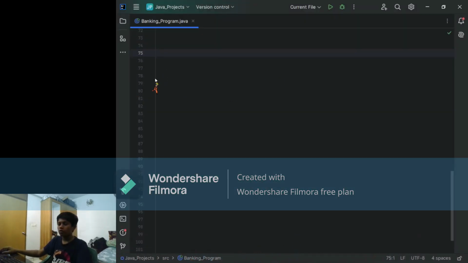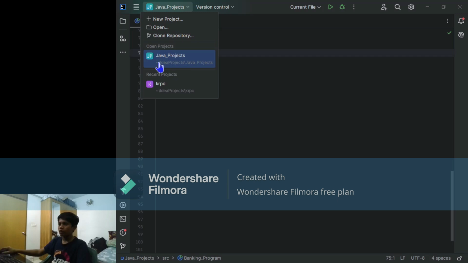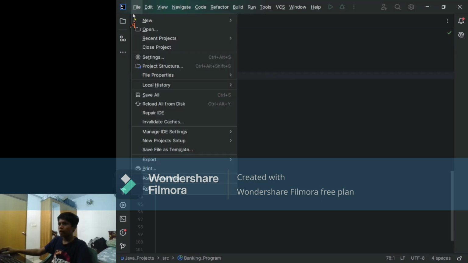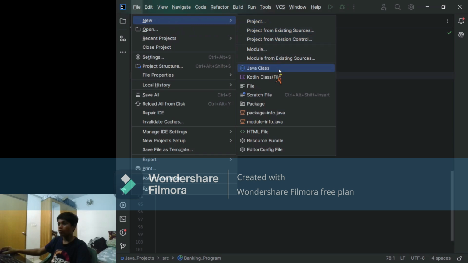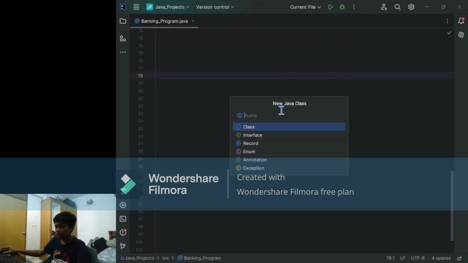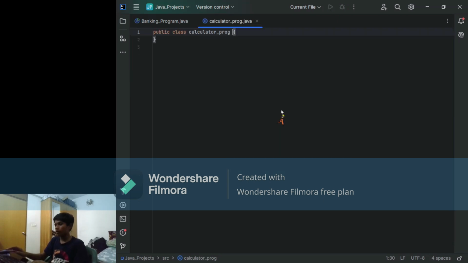For writing code, you will need two things: a folder and a file. I have already made a file. After you make a file, you have to open it. After opening it, go to the main menu, File, then New, then Java Class, and click it. Since our project is related to a calculator, we'll give it a name: Calculator dot Prog dot